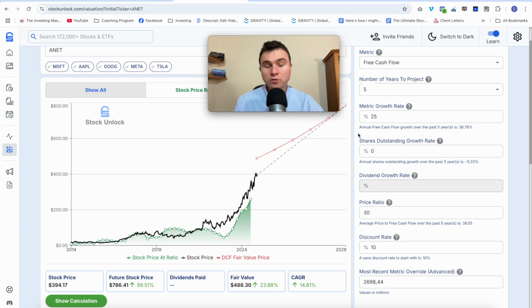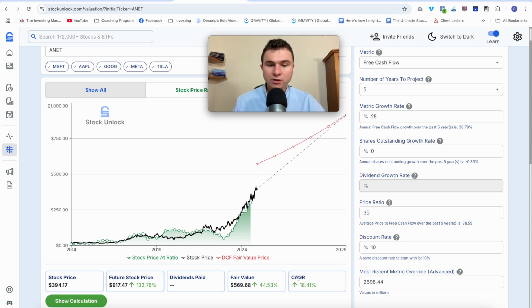If you think the business will grow its free cash flow by 25%, it means a CAGR of 15%. Now we are talking serious numbers, and it will most likely outperform the market. And if you think the business deserves a better valuation, it's even better. But most of the time, the lower the valuation, the better the results. I mean, the lower the current valuation, you have a multiple expansion, and if you have some good earnings growth, good free cash flow growth, you can have some serious numbers.